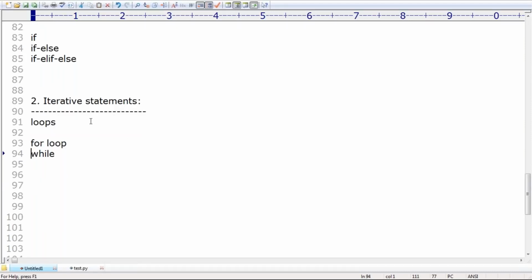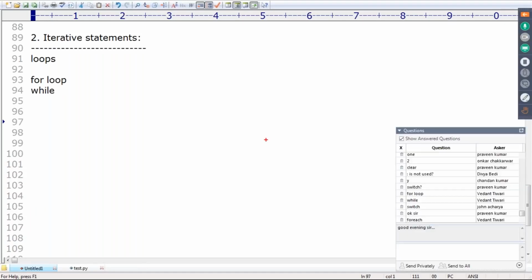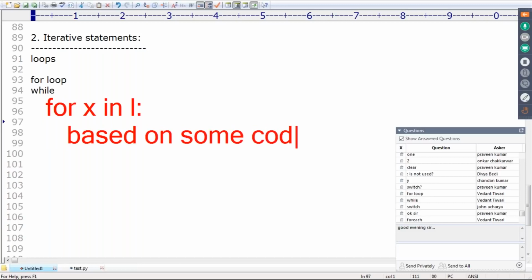Okay. Next, transfer statements. Assume that I'm in a for loop, sir. Inside the for loop, for x in L, based on some condition, I want to break the loop execution.